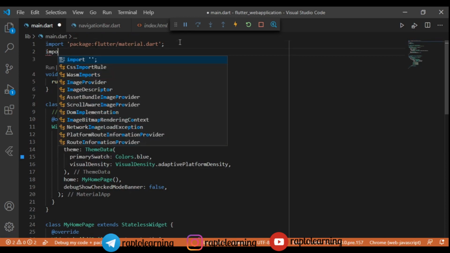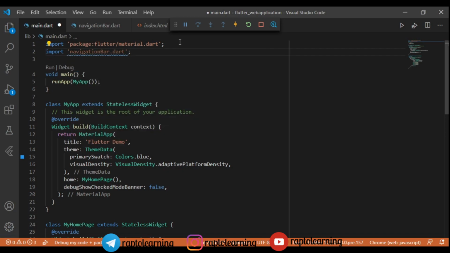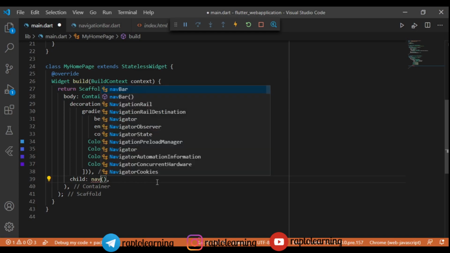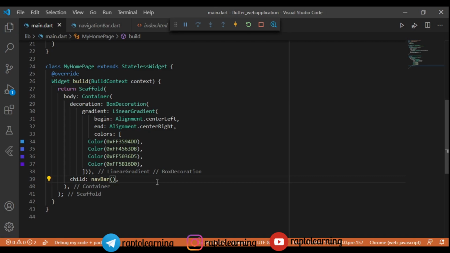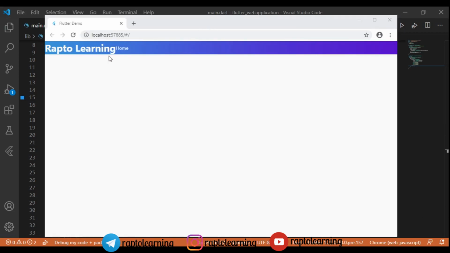Yeah, this is the most stupid mistake I have ever made, right? So we will add one navigation bar. We have not added any function or anything to call that one, so extremely sorry for this, and I will not skip though. So let's implement this child as navbar, and we can call this navbar now. So let's see now, we will not fail probably. Hope for the best, fingers crossed, and let's see how it performs.